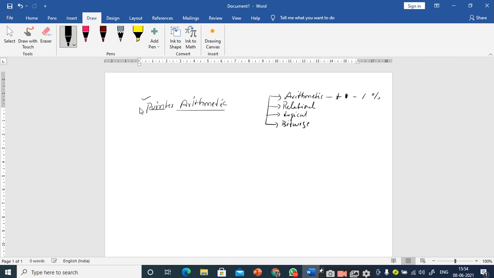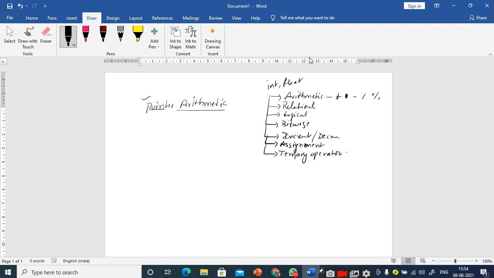Am I right or not? Yes, sir. We also have increment or decrement operators, assignment operators, and similarly the ternary operator.